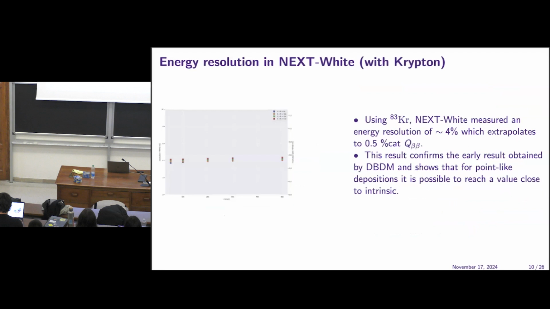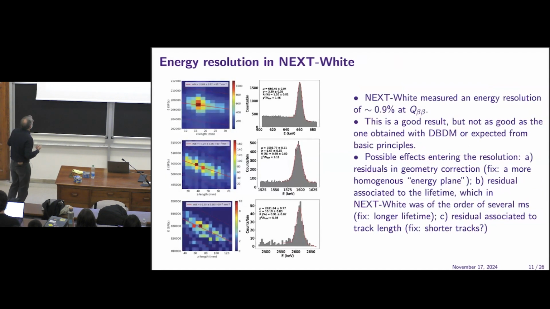So, by doing this, we were able to measure the energy resolution that we got with krypton itself, of course. And then we got about 4%. And 4% actually extrapolates to 0.5% of the corresponding energy. So again, the confirmation with a big detector, now this is a big detector after all corrections, that you can really get to 4.5%. Yep, that was good. That was very exciting. Then we actually use radioactive sources to measure tracks at high energy, at all the relevant energy, at 2.6, this is thorium gamma, this is double peak, this is cesium,